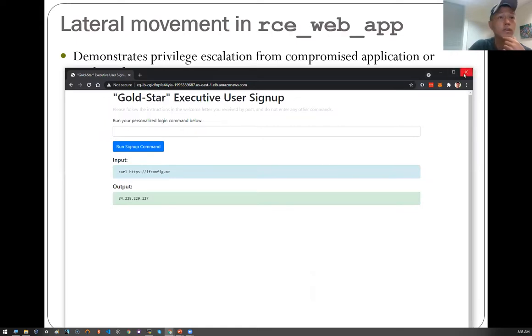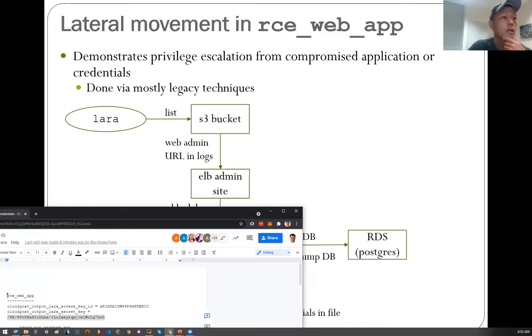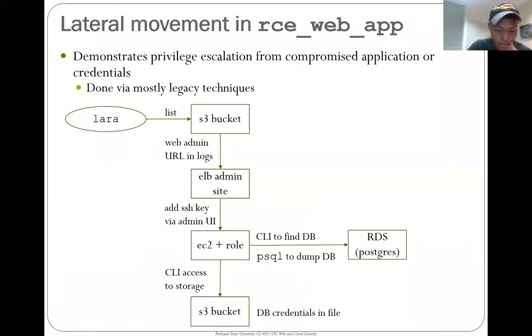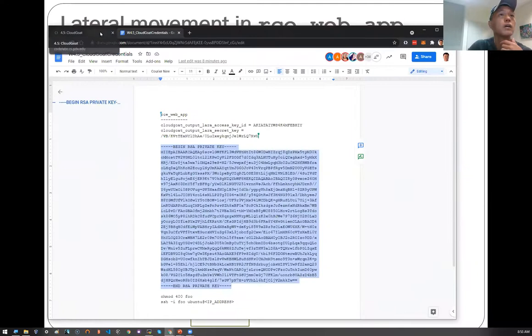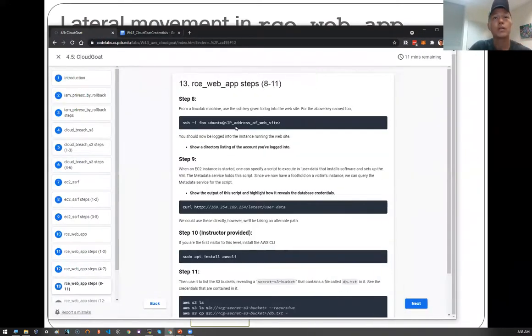I think I can get rid of this. That's already been done, so I don't need it anymore. This I might not need anymore either. Yeah, don't need that one anymore. Okay, so we did this. Now